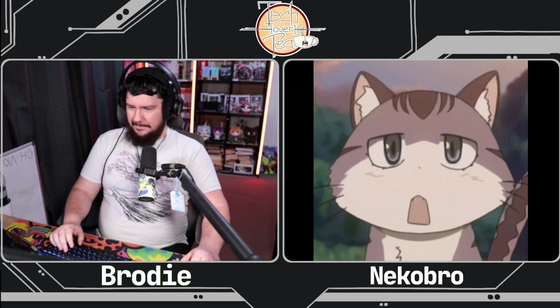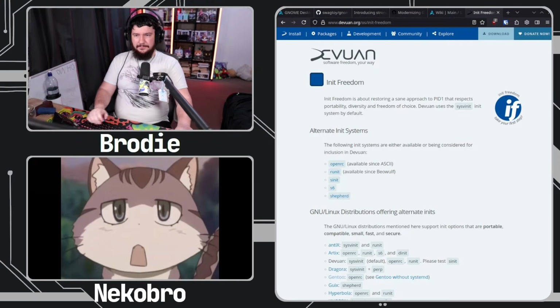Oh, Shepherd. I will touch base on that later, because the Shepherd developer for GNU Hurd has also done some work with this, though it seems a little out of date. But they did get it running, and they had a post somewhere showing it off. Anyway, with Artix, and I'll also touch base on Runit, I have a hatred for Runit, but